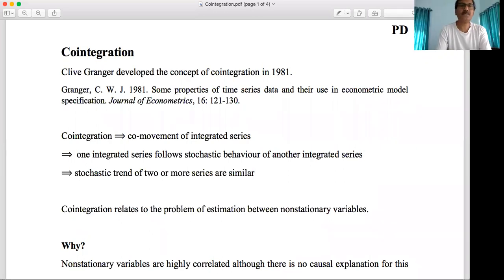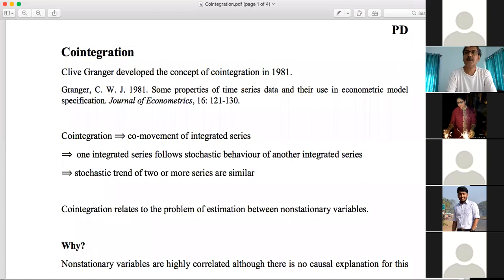Today we will discuss co-integration. In the last class, we focused on how to perform the unit root test by following Dickey and Fuller. By performing the unit root test, we can find out the order of autoregression involved in a time series, or the number of unit roots involved in a time series.